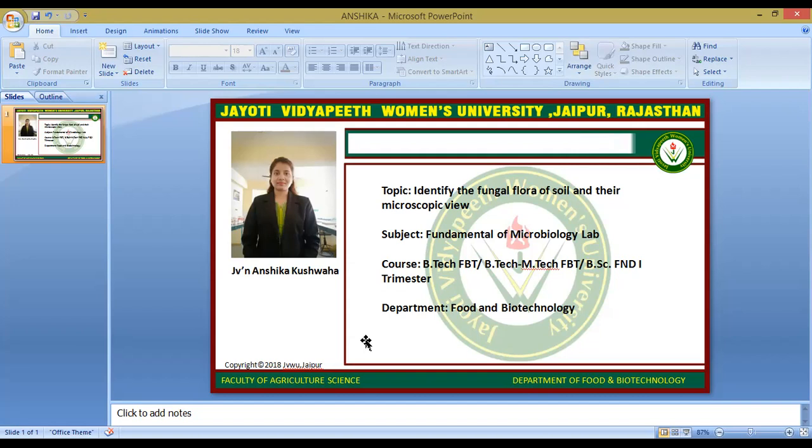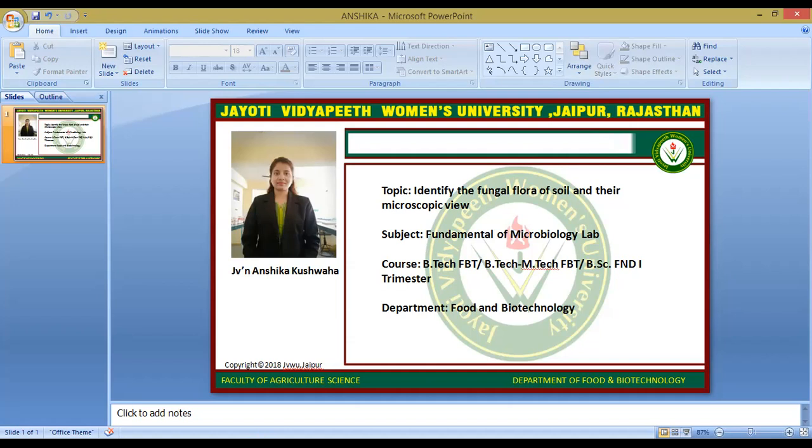So this is a technique of fungal flora. In this we can do an antibiotic sensitivity test, in which we require paper disc, ground bacterial plates, and an antibiotic which is penicillin. So this is the basic procedure from which we can inoculate the fungal flora or bacterial sample from the soil.